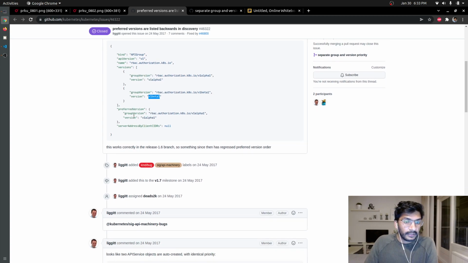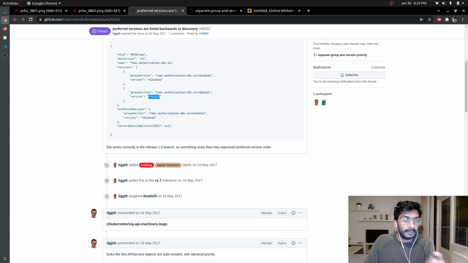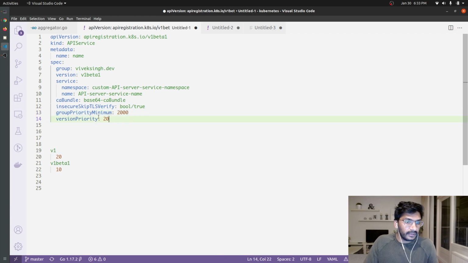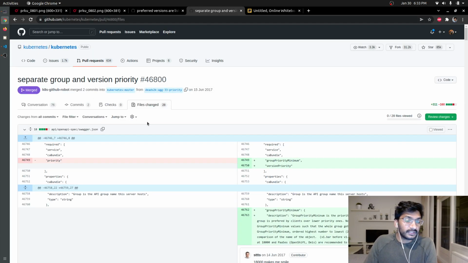And the preferred version was being returned as v1 alpha 1, and this is wrong, because semantically v1 beta 1 should be preferred over v1 alpha 1. So this was the issue that was raised, and these two fields were introduced as part of the fix to this particular problem. So this is the PR that was raised to fix that problem,